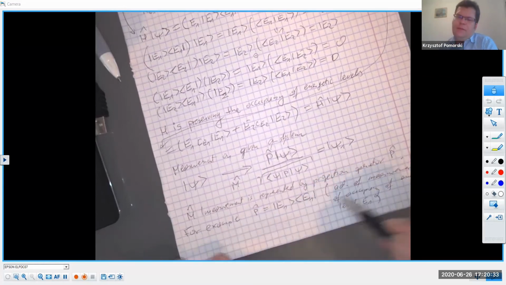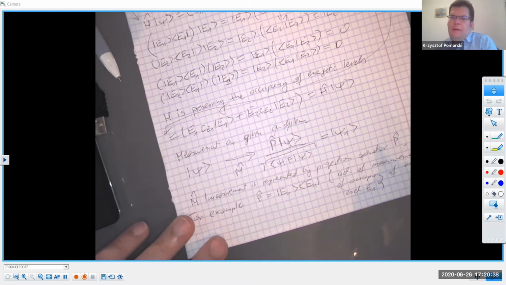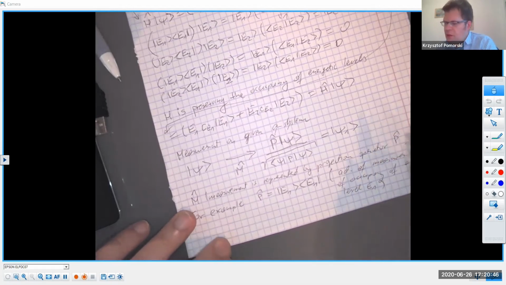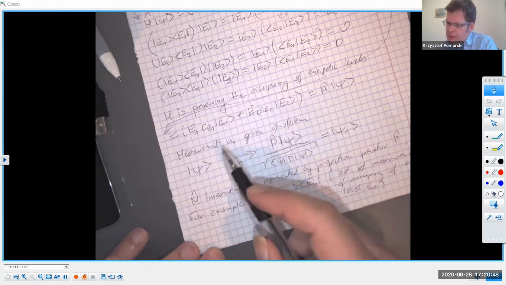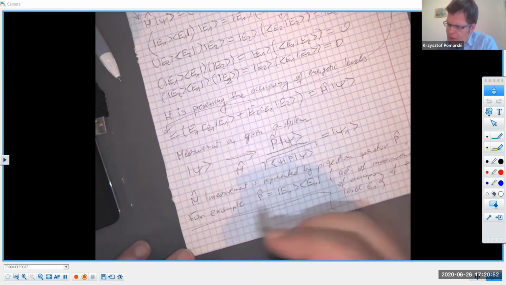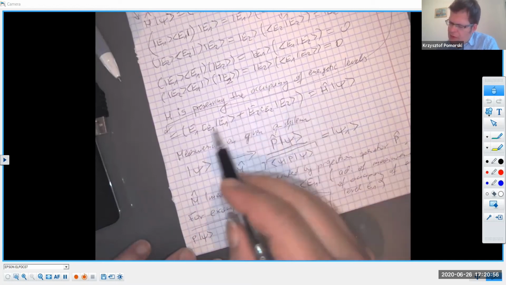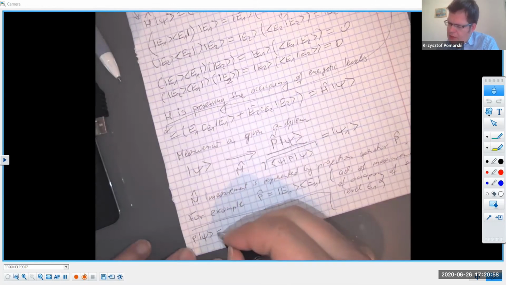So such a projection. In general, this measurement can be a linear combination of projectors. So if you project such a P on your quantum state as defined here, what happens is that